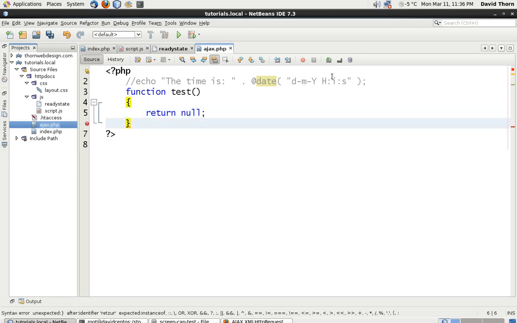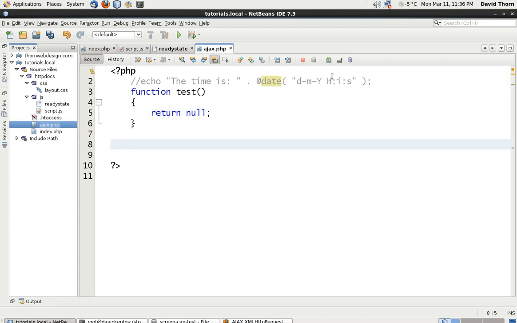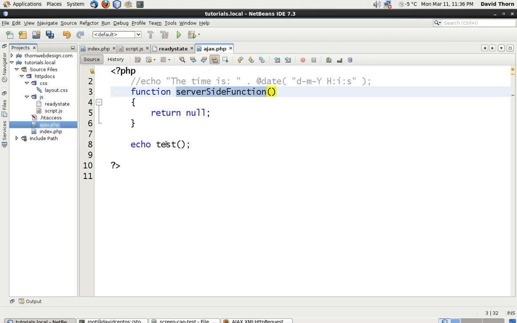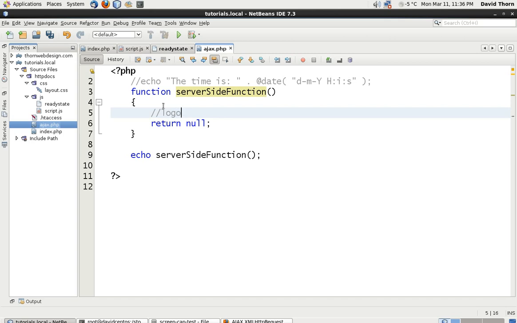Let's just say for example the test failed in your function, and we're just going to say echo test. I'm not going to call this test, I'm going to call this server side function. So we did this test in our server side function, and this long test